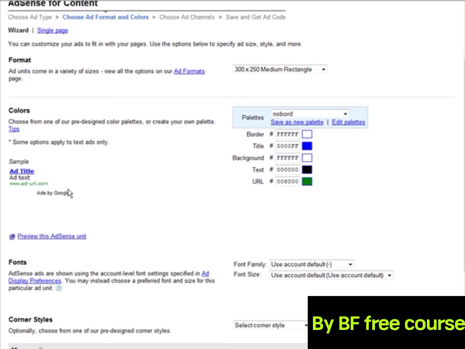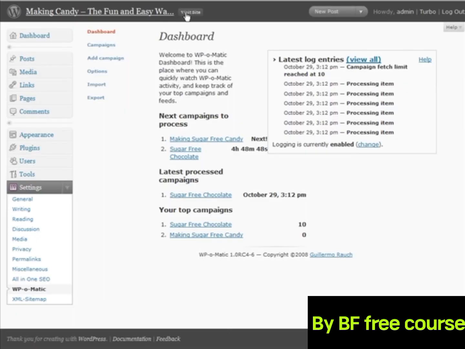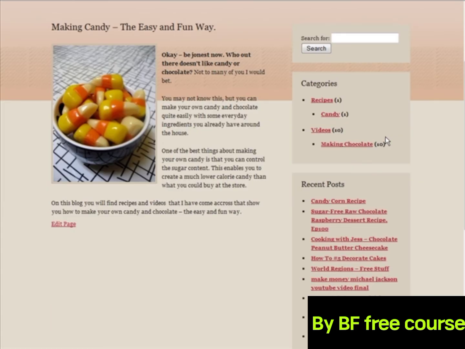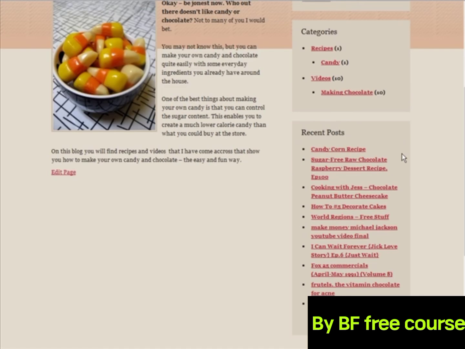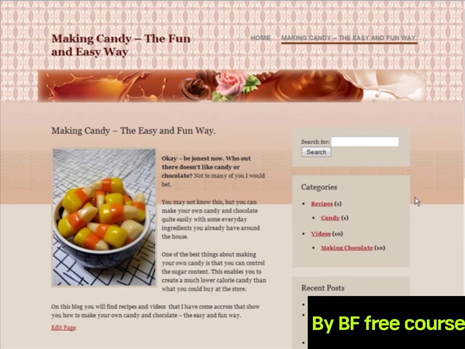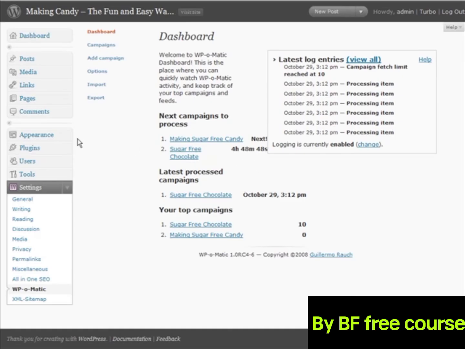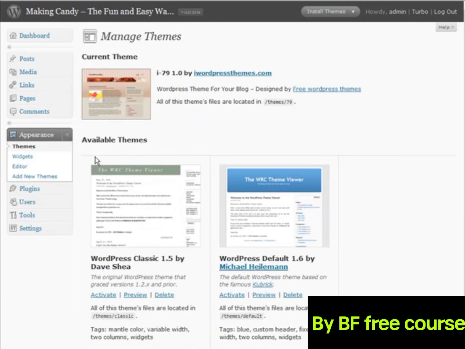Now colors, what we want to do is try and blend our colors in the best that we can here. Okay, so let's go back to our blog. Let's bring it up here. Now first we're going to put an AdSense unit right in here. So what we want to do is get this background color here, and to do that we can go to the style sheet. So if we go to appearance and then we go to editor,